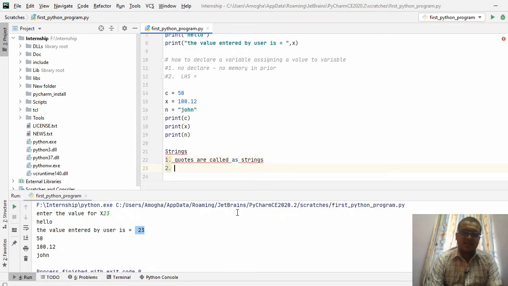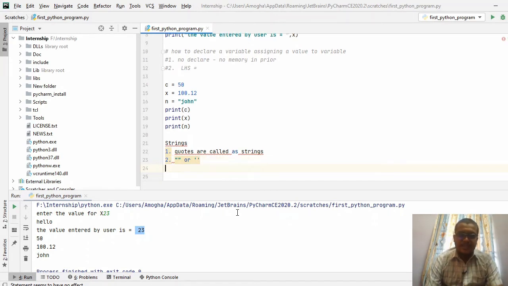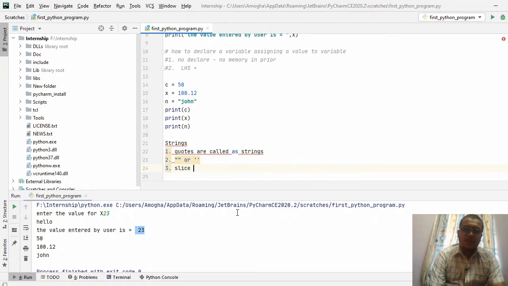Python allows double quotes or single quotes, as I told you earlier. If you write any words inside the quotes, then these words are going to be considered as strings. So this is the second rule. The third one is that it allows you to perform a slicing operation.